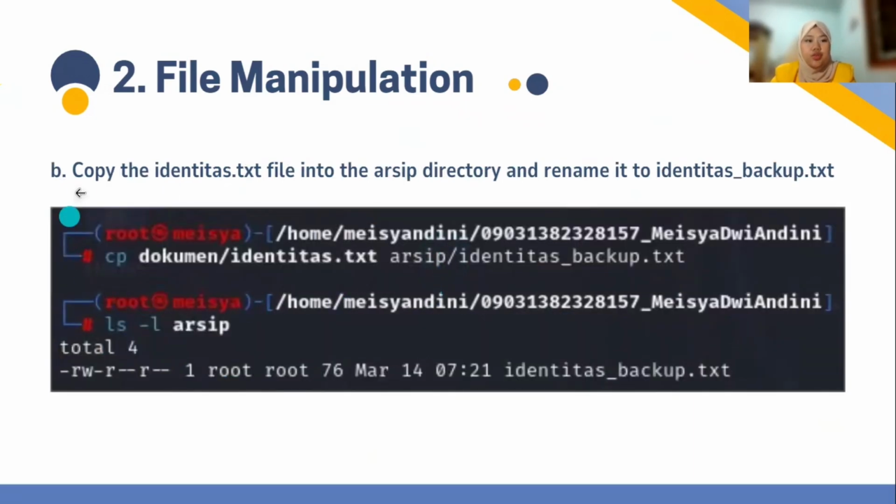Then question 2b: copy the identitas.txt file into the arsip directory and rename it to identitas_backup.txt.